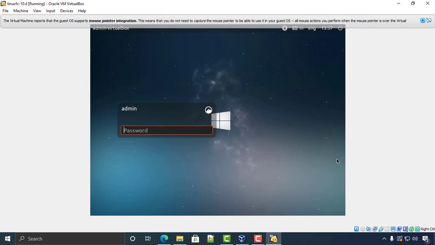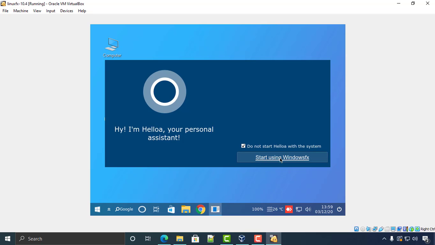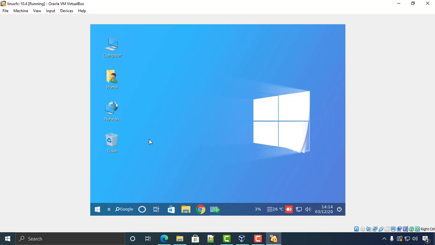So guys, now this is done, so now we can log in. So the first starting order, you have to put the password which we have set, so give enter, and now the system will start up. So when this command comes, you can just click here, you can just cancel that. So now you can start, so as you can see, now the installation is over, and this is how it